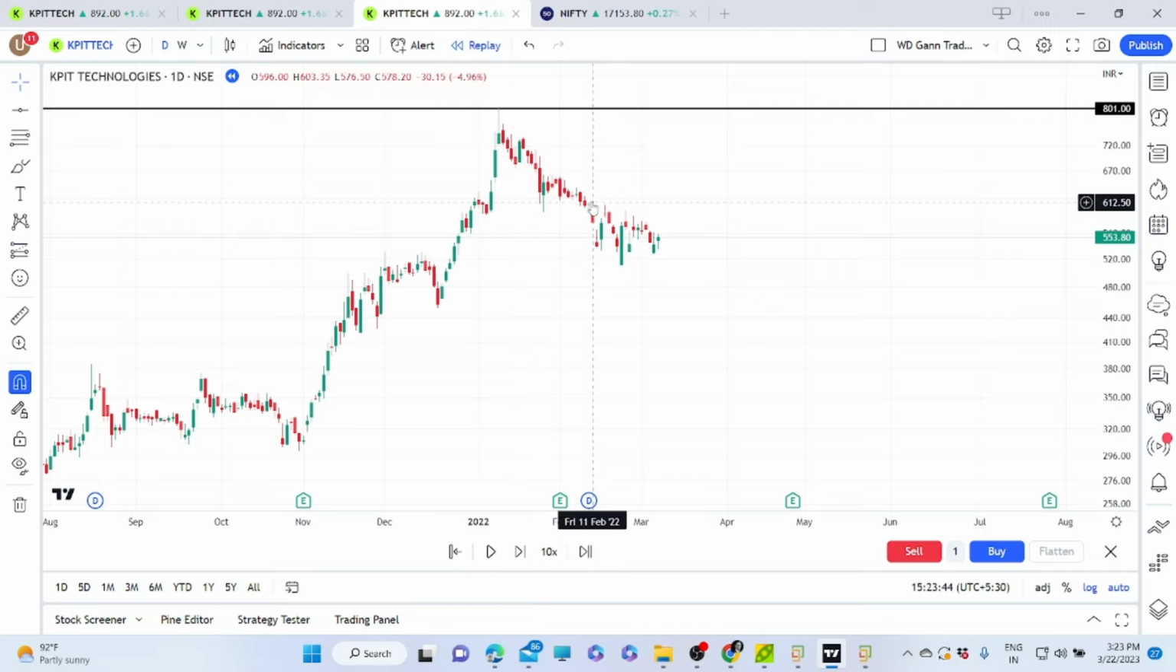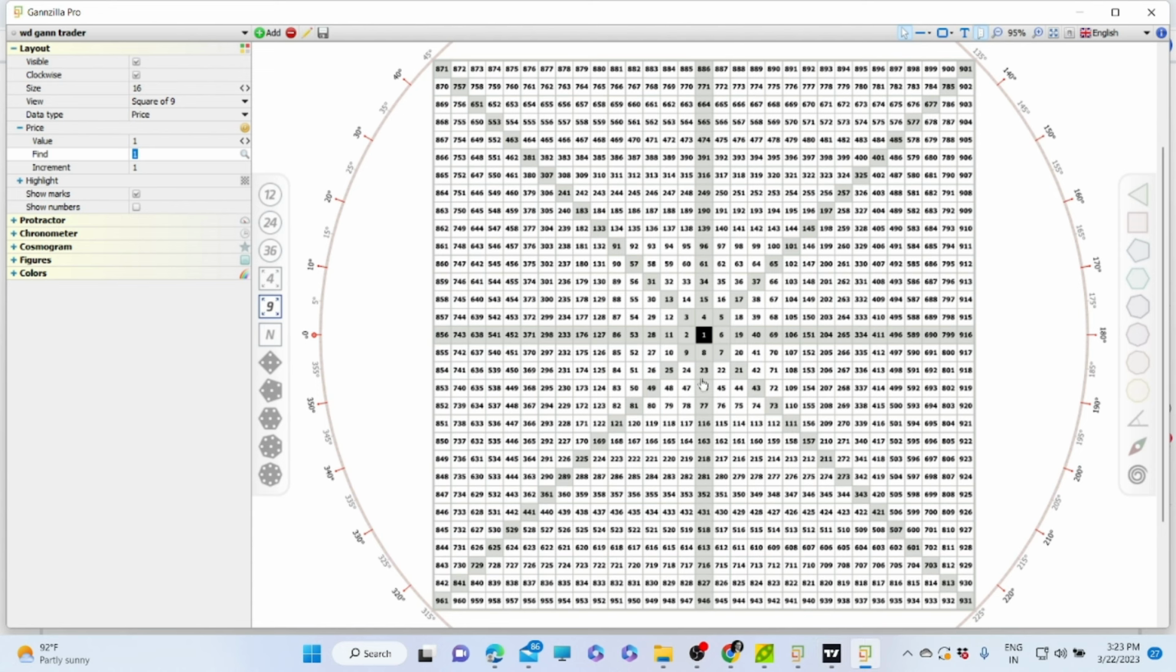So first highlight the 801 on the Gann square of 9 chart. We will use the find method to find the 801. So here we can see our 801 point is here. Now from here we will use the vector option